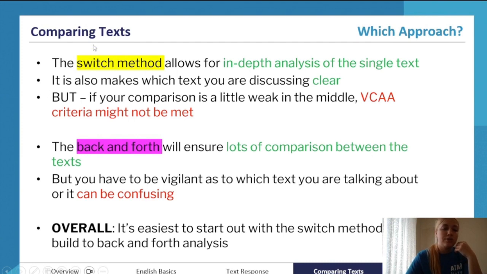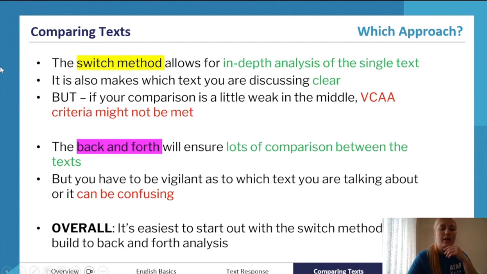However, you need to, for example, if you're using the block method, make sure you're adding more and more comparative links in your body paragraphs than just that one in the middle, and that the link that you make in the middle when you link to your second text is nuanced, complex, and interesting, and hopefully not similarity based. But if you do want to mention a similarity, it should be a similarity plus a difference as a general rule.